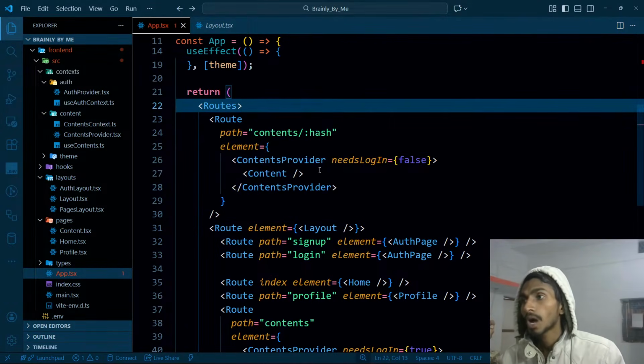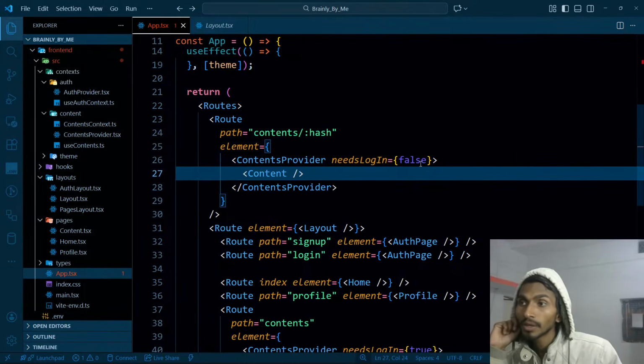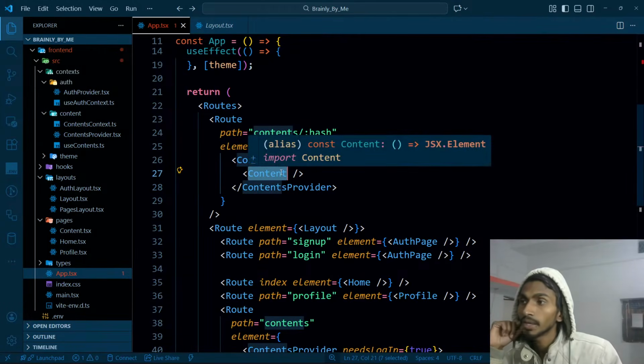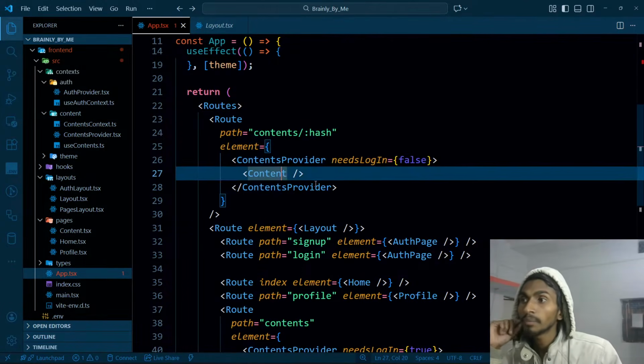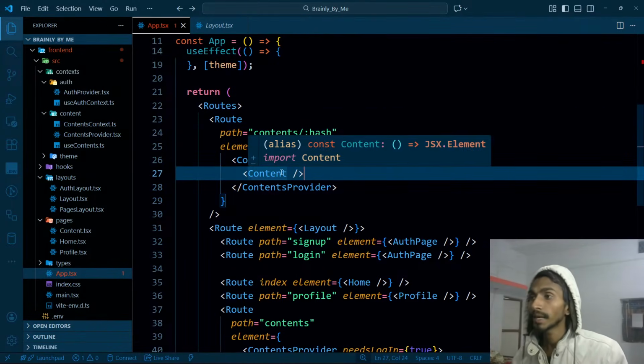But how about getting the content? First of all, it needs login. No, it does not need login. I will be using the same content page that I have created. This time even I need to use my navbar. But the thing is that I just have the content page. So even if I go to this,